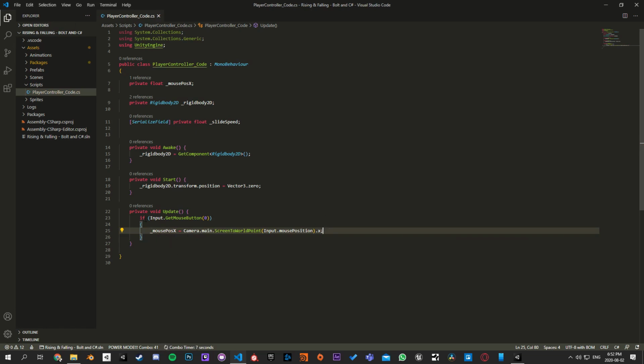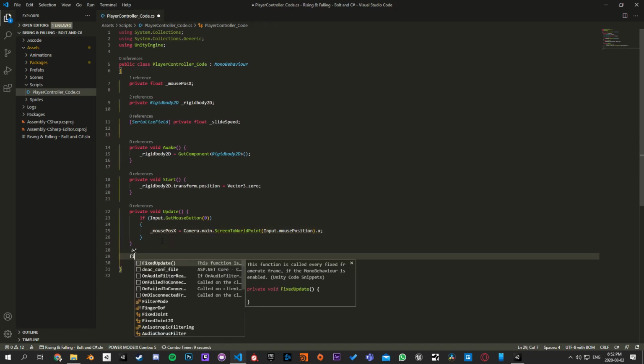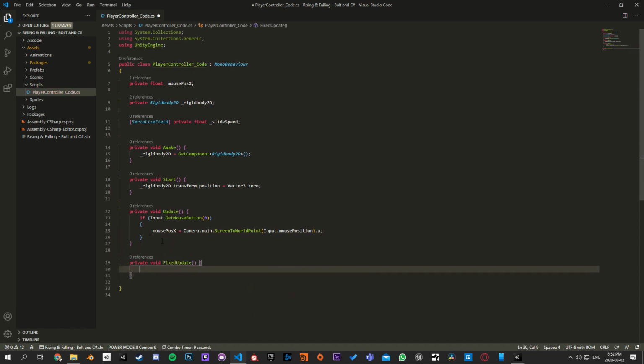And then essentially whenever we're holding down that mouse, it's getting that value and setting it to that. So next, to actually use that, I'm going to create a FixedUpdate, and inside this we want to check for essentially setting our position for our player. So we're going to use that rigidbody.transform.position,